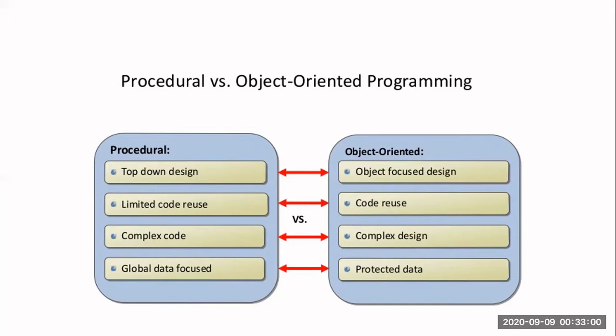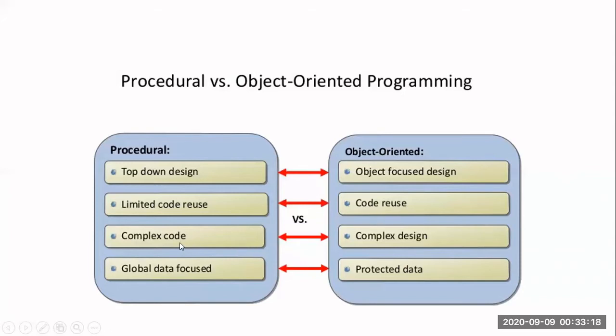What is the concept of a function in C, a procedural language? If you divide a bigger program into small modules, we call each a function. So here also reusability is there, but not to the extent that an object-oriented programming language can support. So here code reusability is there.